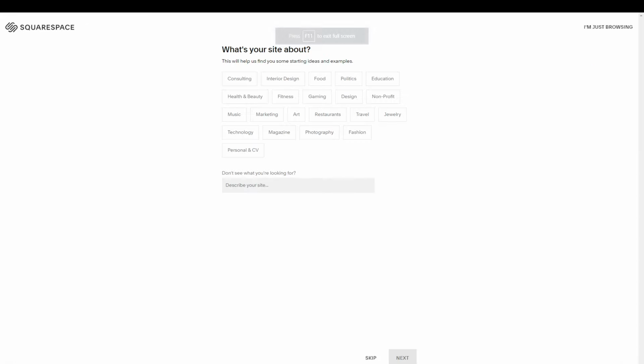So similar to how Wix and Shopify work, what Squarespace will first do is ask you about your site and find out some information about it in order to provide more relevant templates and functionality. So for example, if you are selling things, or if you're just a blog site, you would just select one of these options here. If you don't see an option, then you just want to describe your site in detail, just a few sentences or a few words, so Squarespace can pick it up from there,